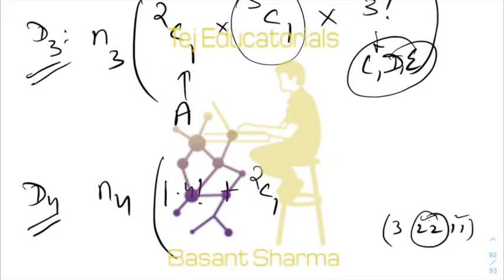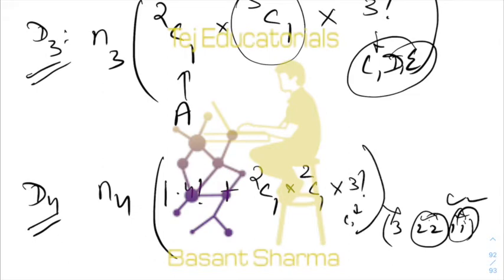So select one of the groups of size 2. Then we have to ensure that B does not get this. So select one group of size 1 from these two groups, and the remaining three groups you permute amongst C, D, E. Similarly, this will be added, plus D5, N5 into,